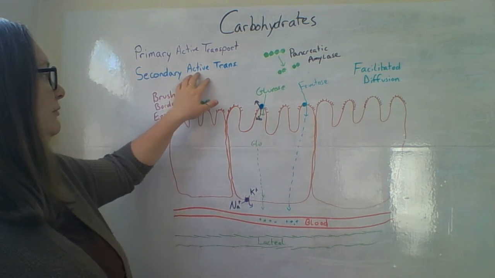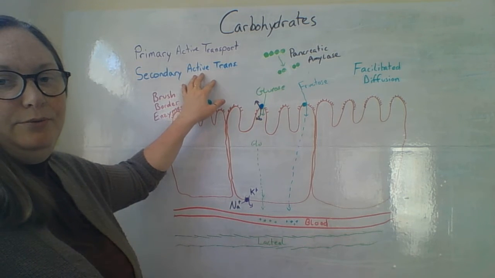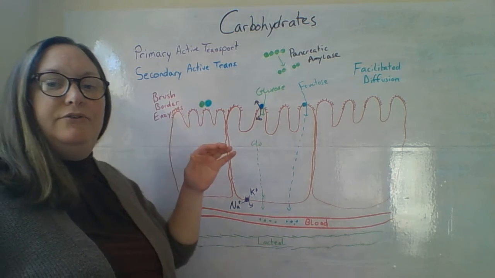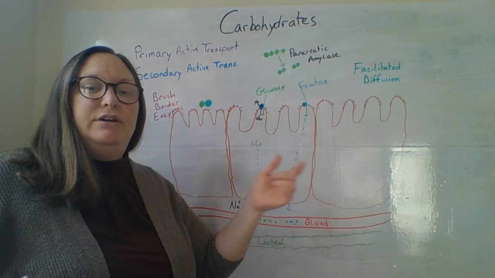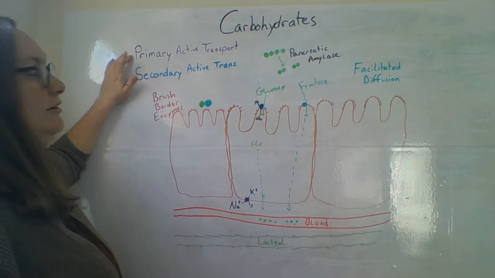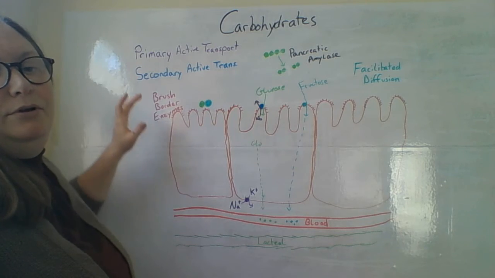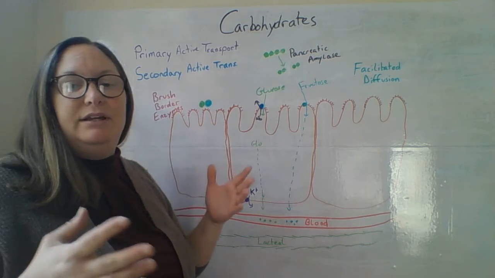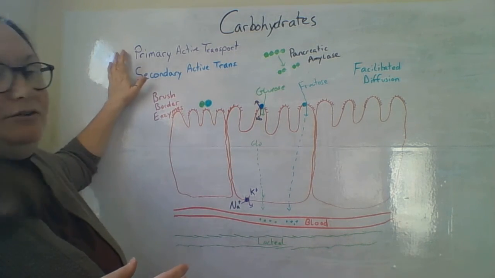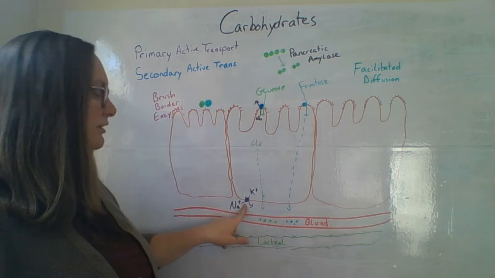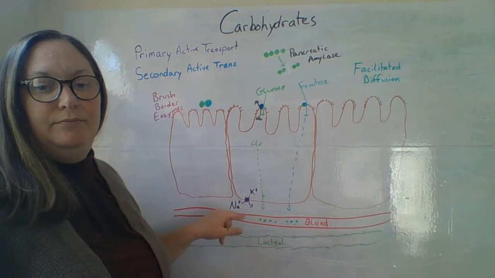Later when we use it, it's going to be called secondary active transport. Because it's using energy, but it's using energy created by the primary active transport. The energy is the chemical gradient created by the primary active transport, which is down here, sodium, potassium. Alright,